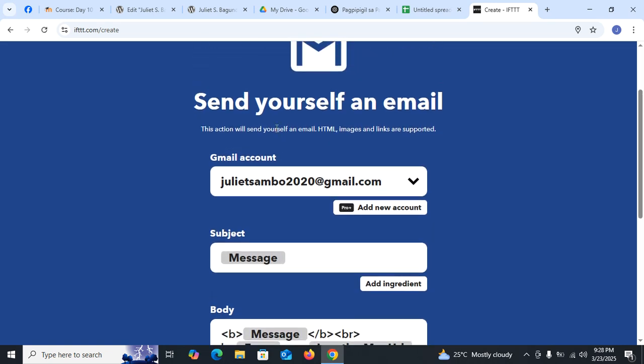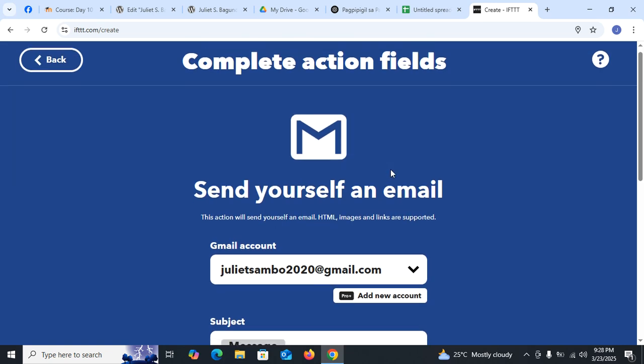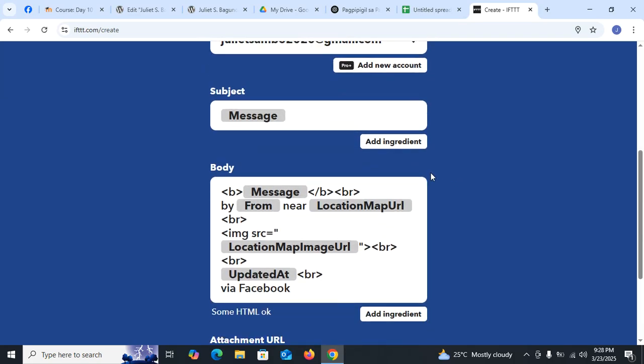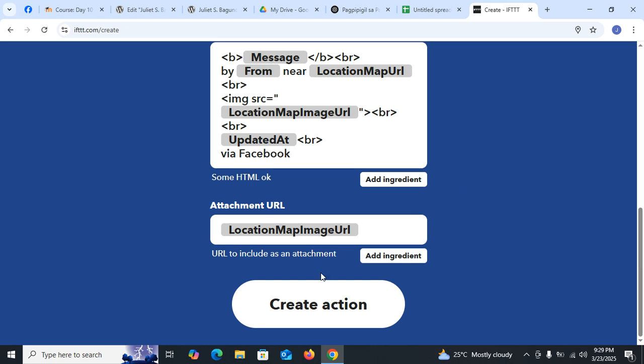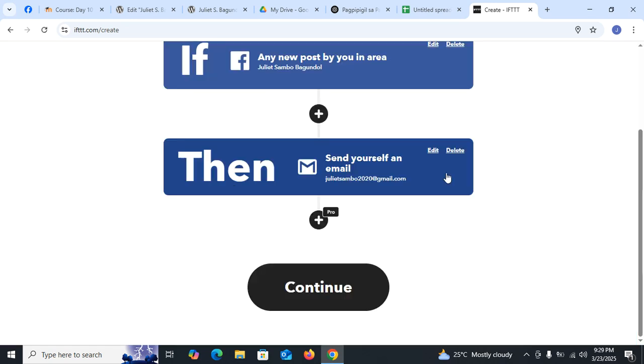So there you go. This is my Gmail account, and then I will put the subject here, Facebook notification, and then create action,